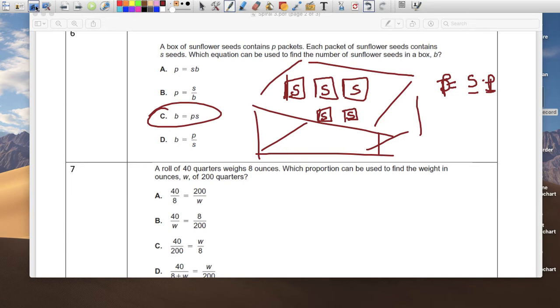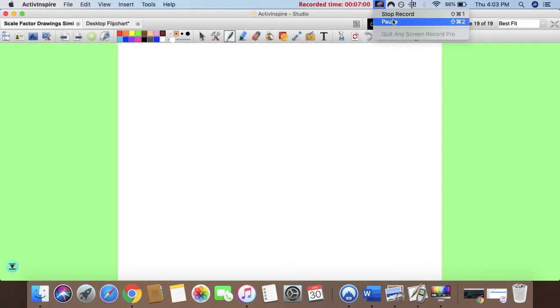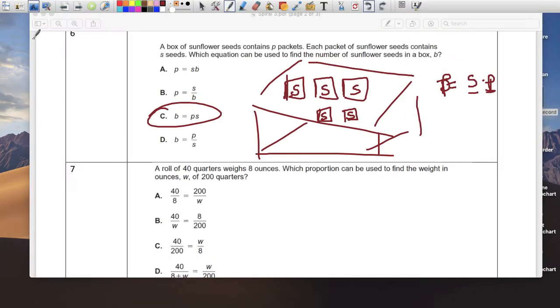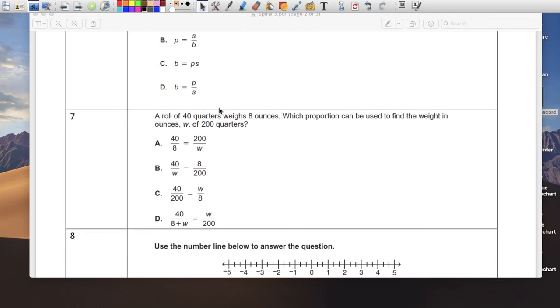Questions? Pause this for a second. Number 7. A roll of 80 quarters weighs 8 ounces. Which proportion? So again,